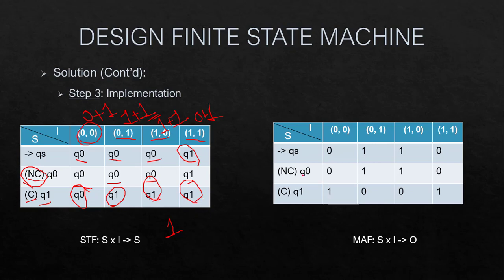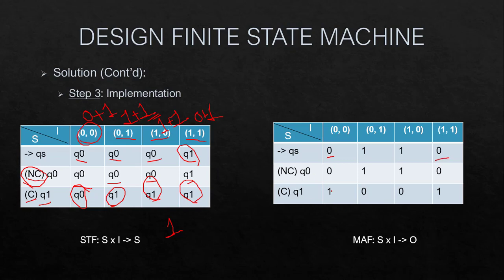In the FSM, the output of the addition will get generated. Since we are in the Q0 state and 0, 0 are getting added, 0 will be the output. For 0, 1 and 1, 0 the output will be 1, and when we add 1 and 1, we get the output as 0.